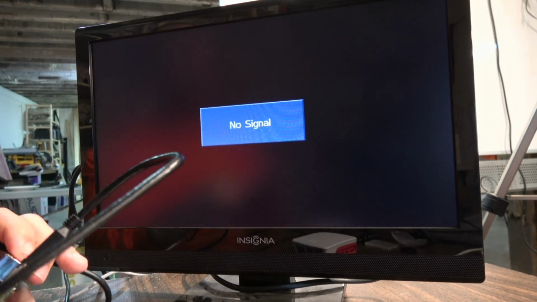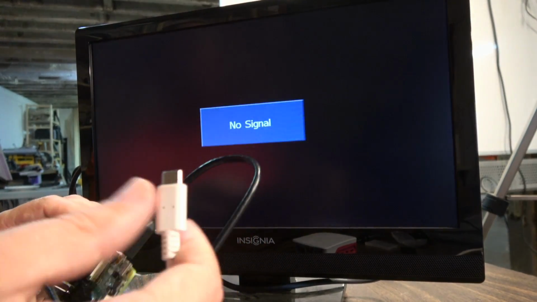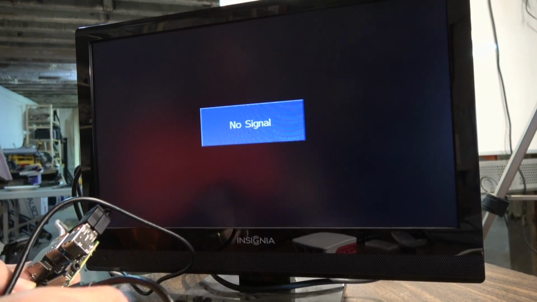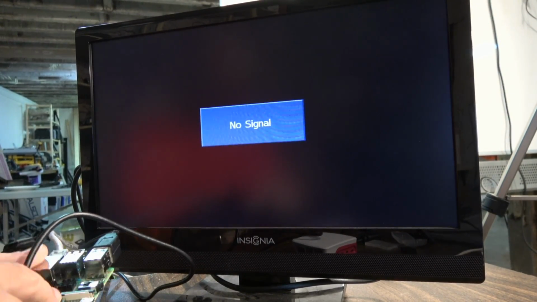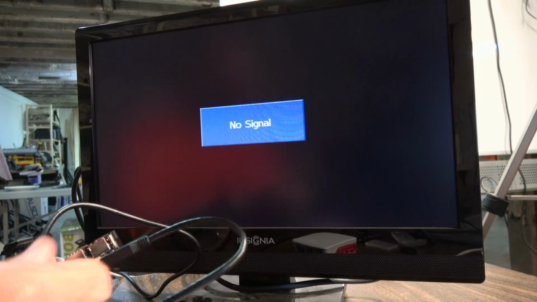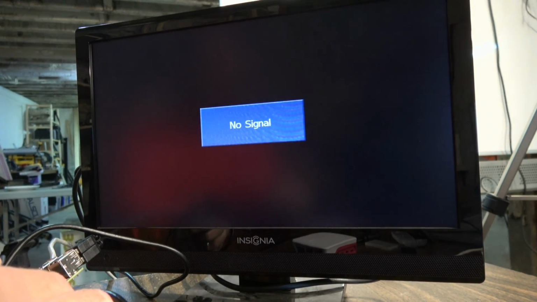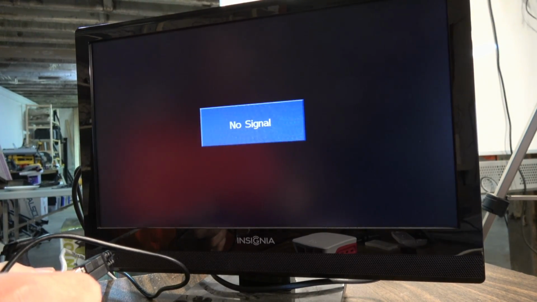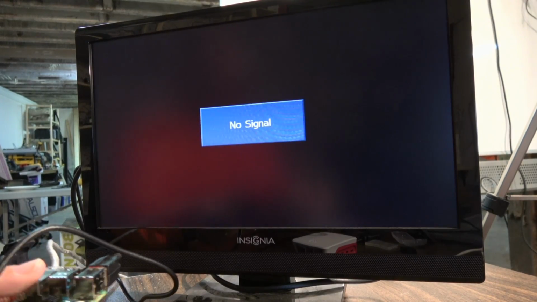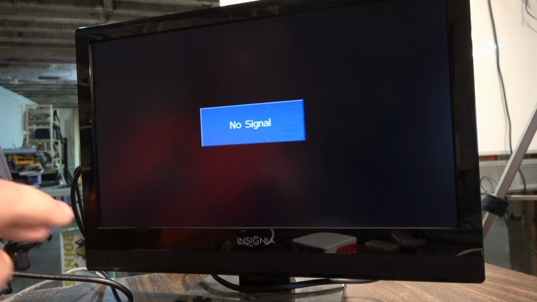So now the TV is turned on, I'm going to plug the Raspberry Pi in. So this is what actually turns on the power. There is no physical power button on the Raspberry Pi. You are going to have to plug it and unplug it to turn it on and off. So basically here we go. We are plugging it in, and hopefully, cross your fingers, it will start to boot up and we will get